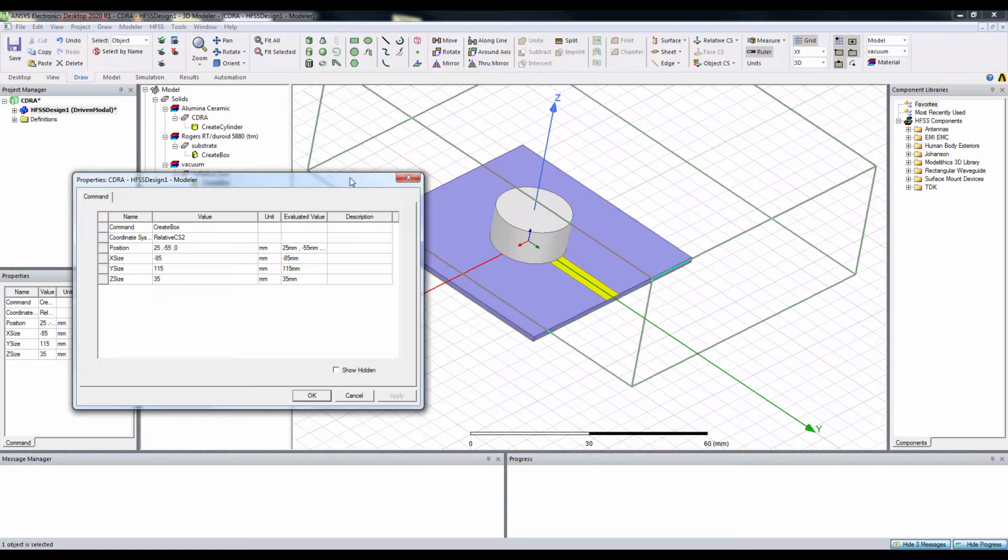So for quick simulation, it's better to stick with the default radiation setting of HFSS, which is absorbing radiation boundary. So the conclusion is that you should define your radiation box in such a way so that your antenna is located at least quarter wavelength from any surface of your radiation box. Okay,